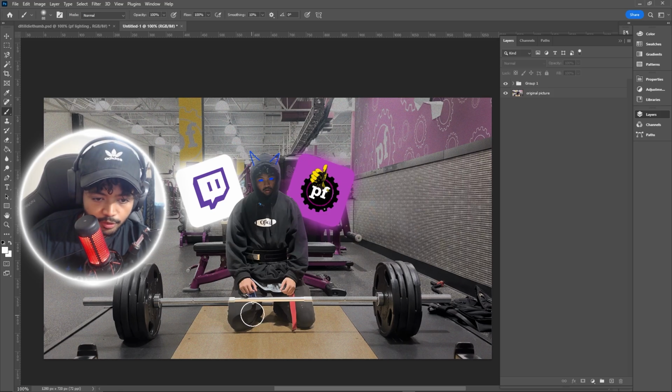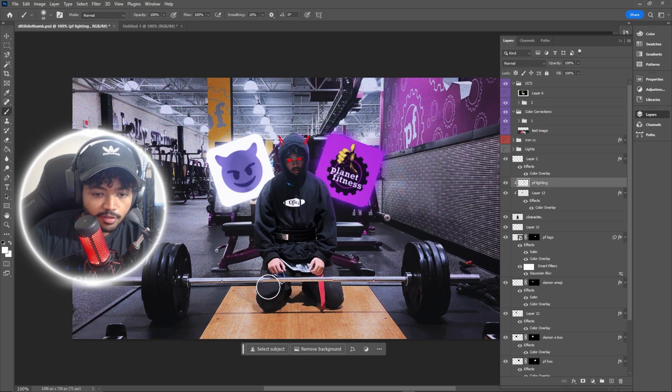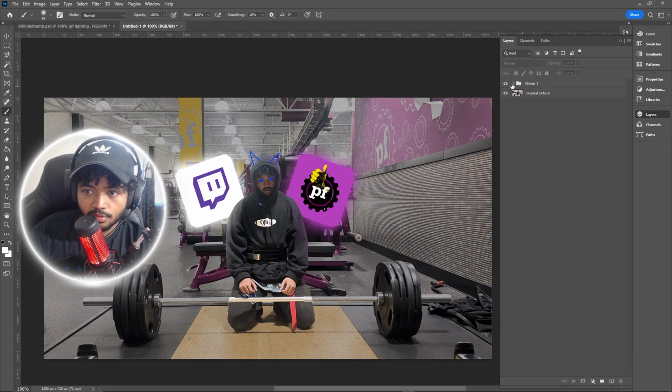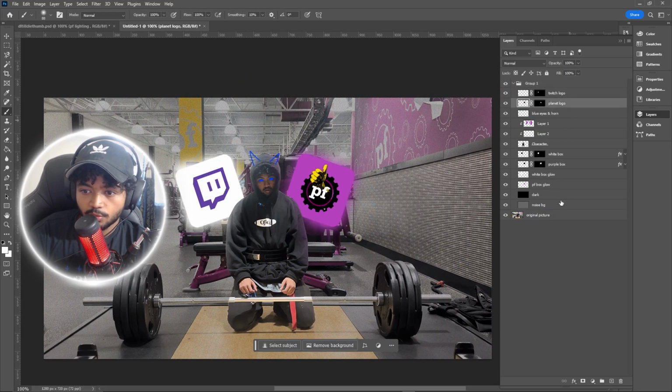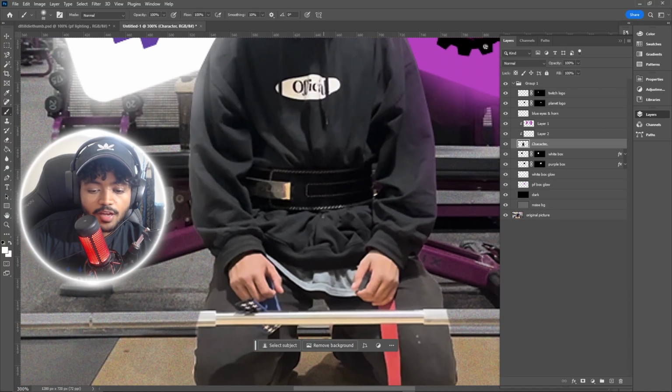Now you can also see here, you see how this part of the barbell is brighter? It's because it's selected with the character. So if you want this whole barbell to be dark, or if you want the whole thing to be bright, you can remove it from the character or add the rest of the barbell to the thing. I think here it kind of looks like I removed it. So, I mean, it's really preference. I'll just show you guys what that would look like. I really don't care, but for the sake of education,